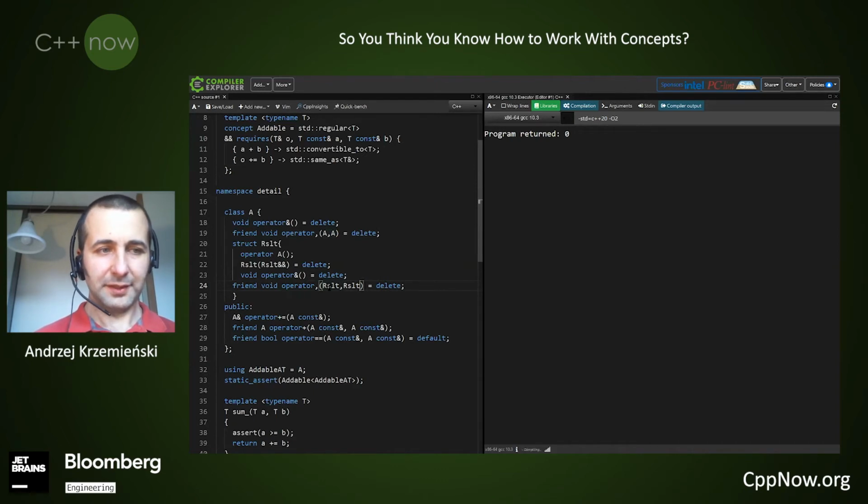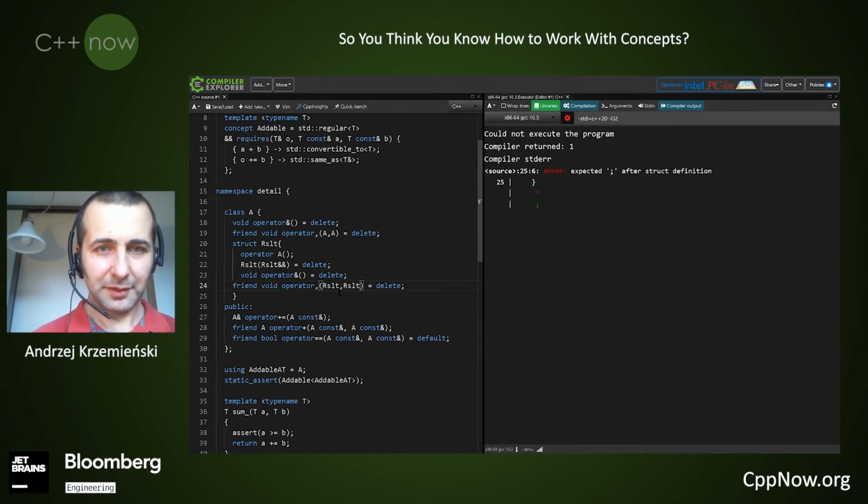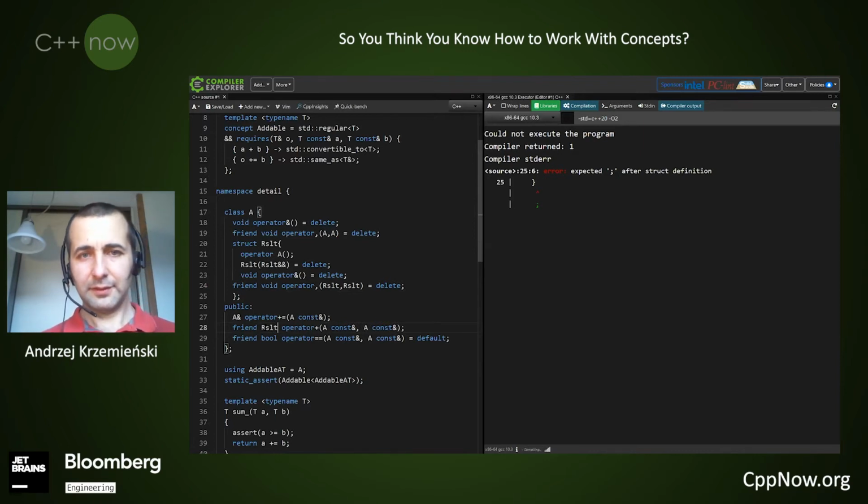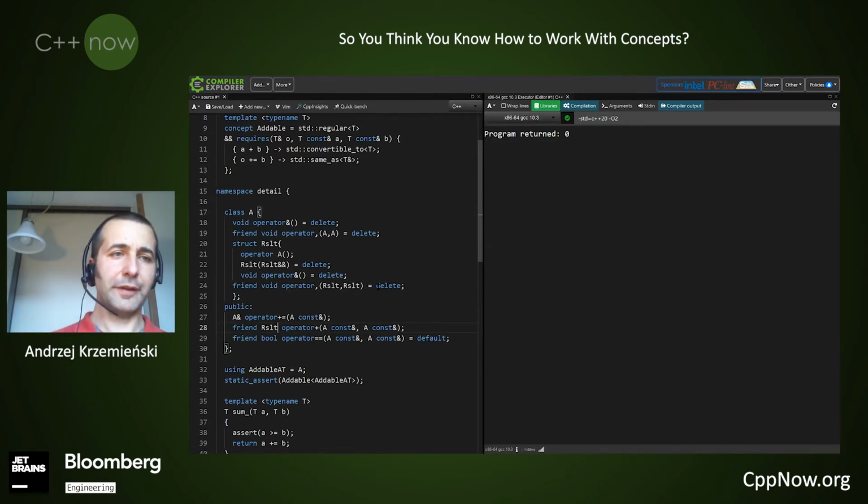Now, of course, it may work, but it's not the point. We actually have to use it. Let's check it. Yeah, now it's fairly minimal.